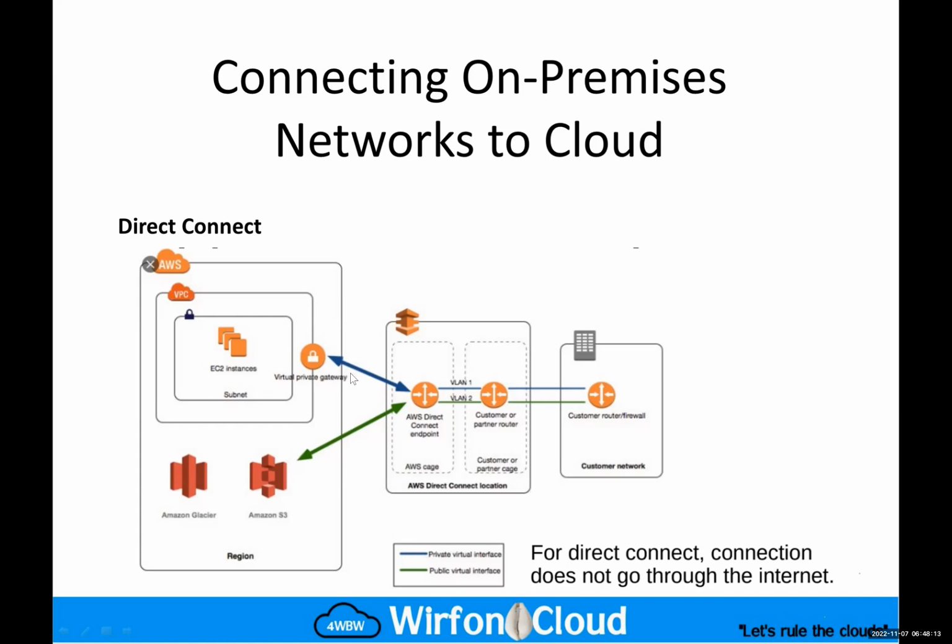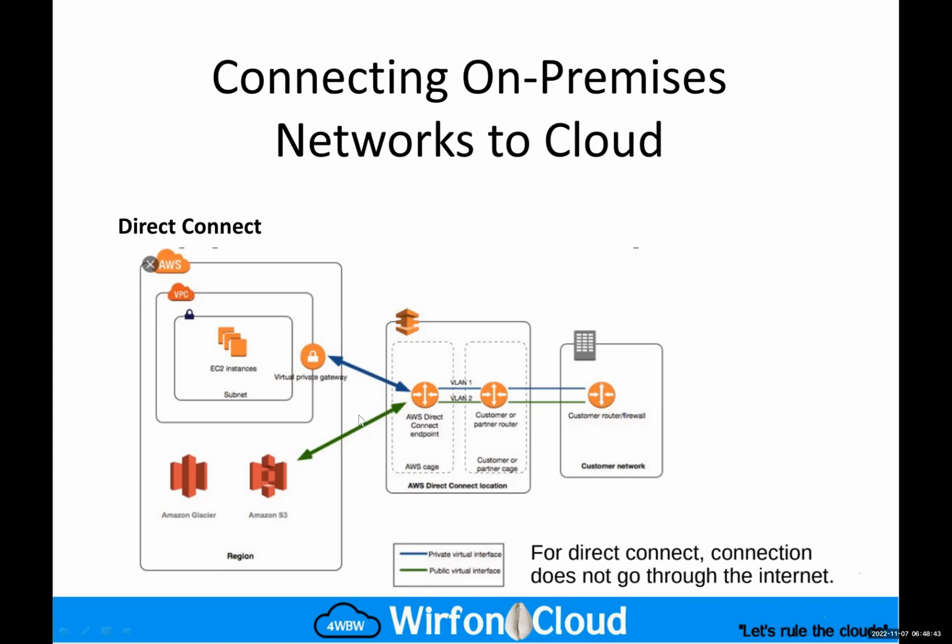But just remember that for connecting to your VPC, you need a virtual private gateway, and for connecting to S3 or other resources in AWS, you need a public virtual interface between the Direct Connect and AWS, and that helps to connect your corporate data center